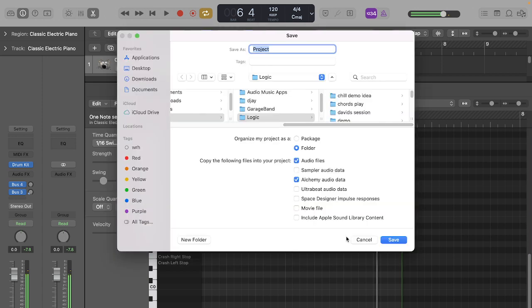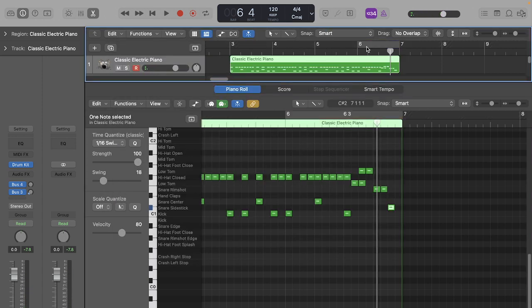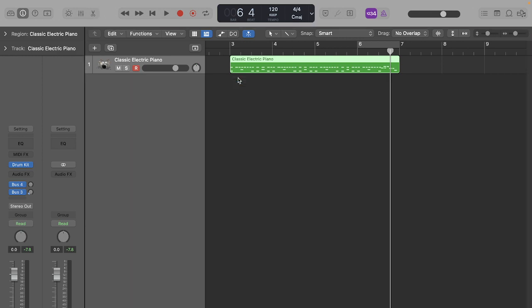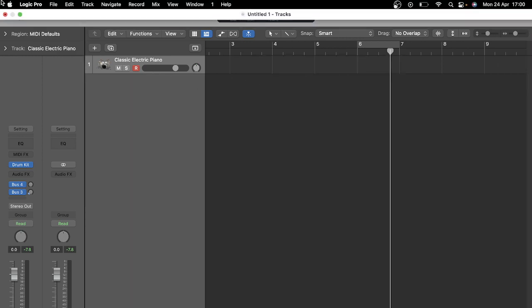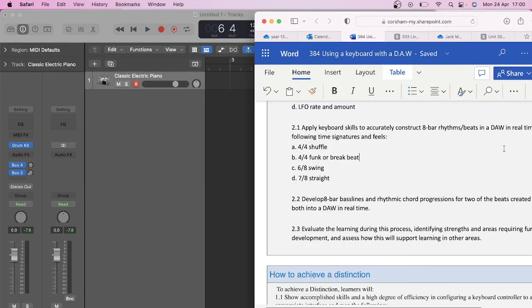Brilliant, that's my terrible drum fill, but that's my one in 4/4, which is going to be like my funk. So deleting that, creating a new drum beat. Let's see what the next one is. The next one is